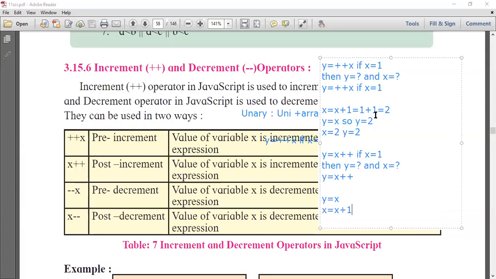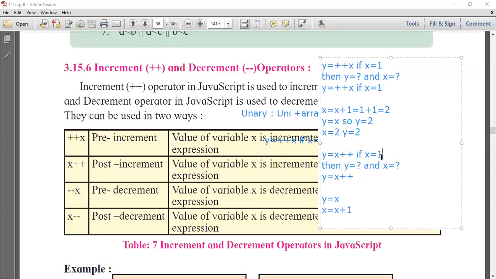In the first case, first of all increment the value of x, then assign it to y. But here we are going to do the opposite of the first one. First of all you have to assign the value of x to y, and then you have to increment x by 1.